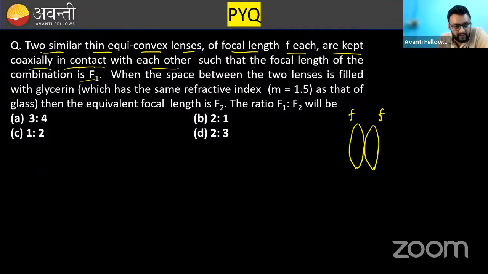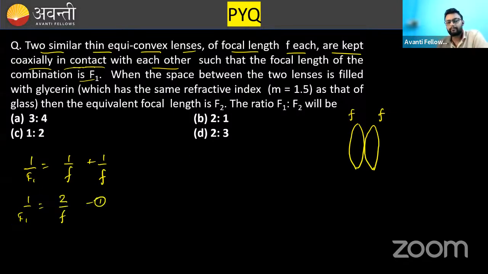So by the definition of combination, you know that 1 over f1 is equal to 1 over f plus 1 over f, because both are the same focal length. So that means 1 over f1 is equal to 2 by f. That is equation number 1. Now again, what are they saying? They are saying